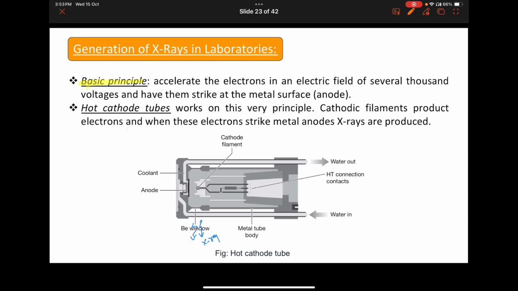One such device that generates X-rays is the hot cathode tube, which also works on the same principle. It has a hot cathodic filament, as we can see, and we provide current and a voltage in the thousands of volts, and then the electron beams hit this anode. There we get the X-rays in all directions, and then we collect the X-rays at a particular direction, 90 degrees, because at that particular angle we have the highest intensity of X-rays without too much background noise or background radiation as well.